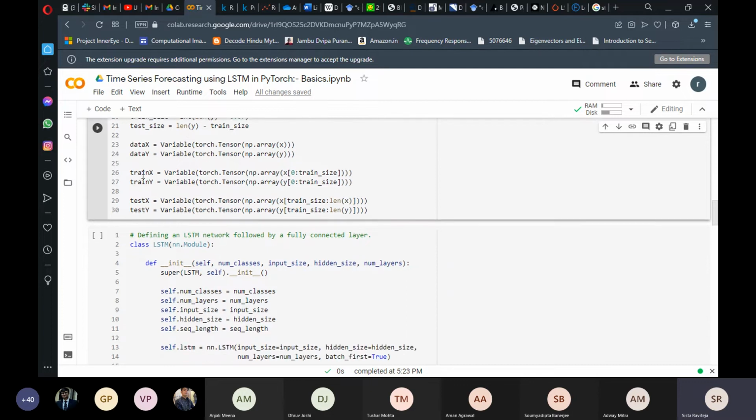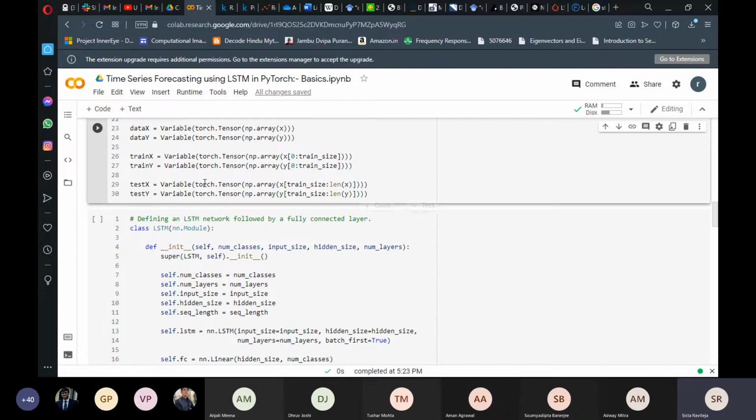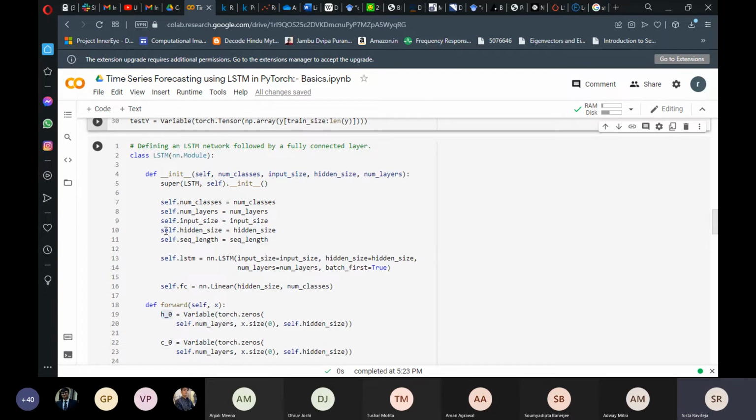Now we have to pass this training data to an LSTM model and train on it, and how we do that is what I'm going to cover right now. Before that, we'll first see how to define an LSTM model.